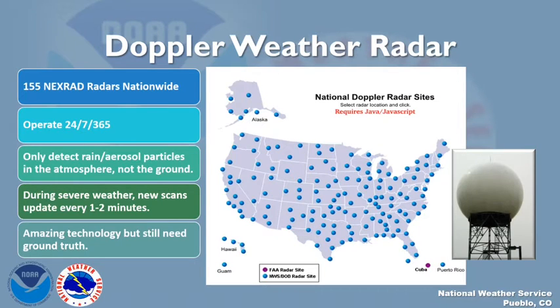And for those that were in the basic course earlier this year or previous years, you're probably familiar with this. There are 155 NEXRAD radars nationwide. Like the meteorologists, they operate 24 hours a day, 7 days a week, 365 days a year. They do a pretty good job of detecting rain and aerosol particles in the atmosphere. However, they do not see the ground. They're aimed upwards a little bit, so they don't see what's actually happening on the ground, and that's where spotters come in